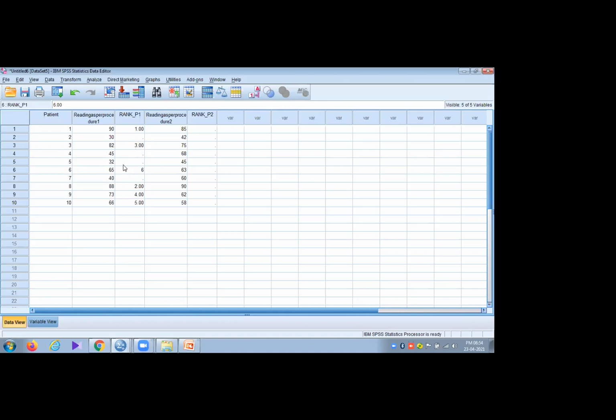Then 6, 7, 8, 9, and 10. Like this, if we are giving ranks to the variables, here also we can rank like 2, 10, 3, 4, 9, 5, 7, 1, 6, 8.